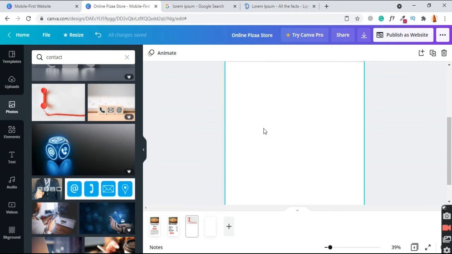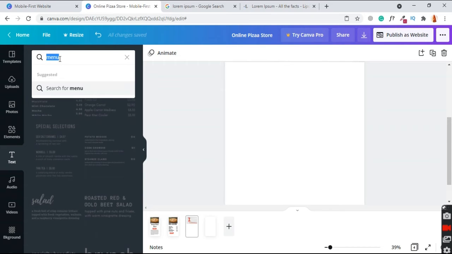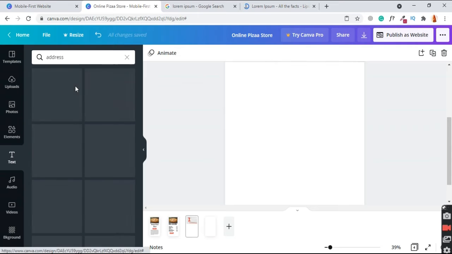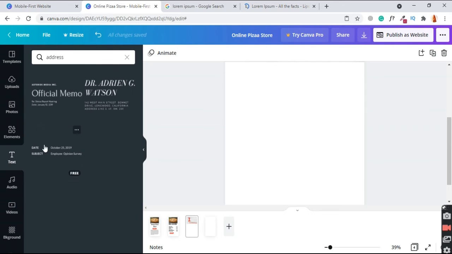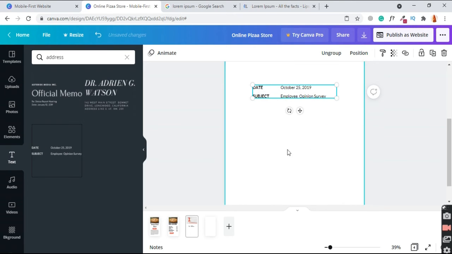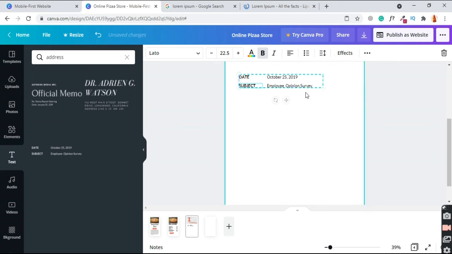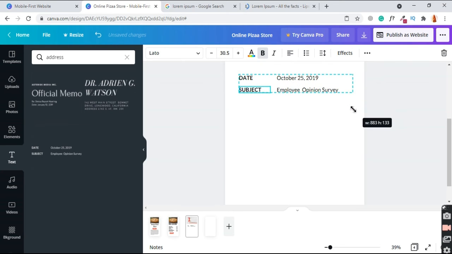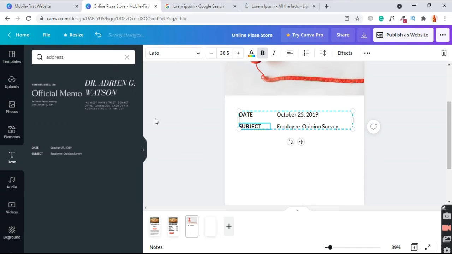Okay, and add some address here. Just click on the text option. Let's try address. Yeah, great. Click on it, the address option, and here we can change the address.